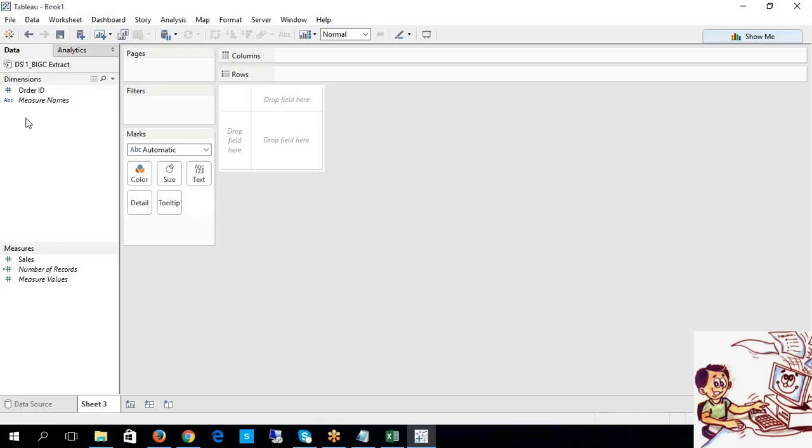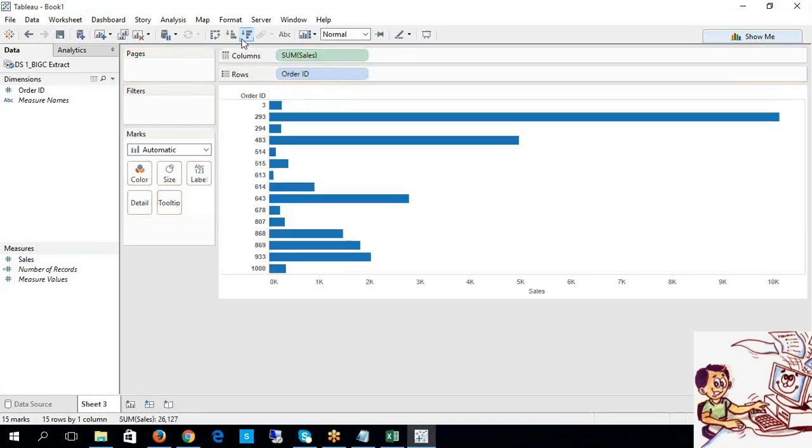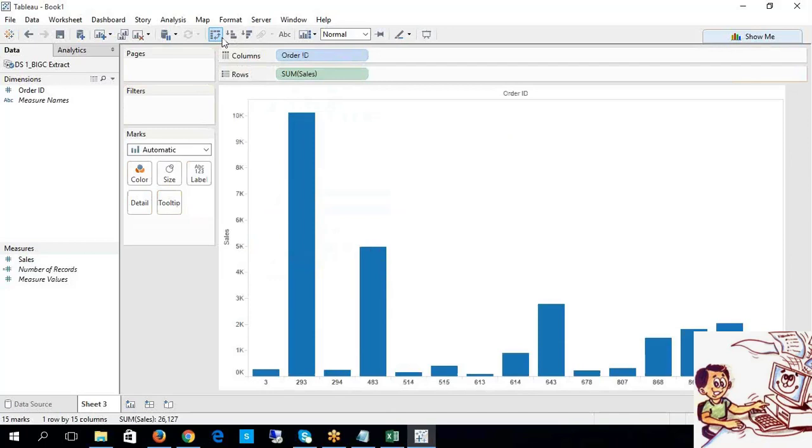Once you have all these elements, simply drag and drop them to generate reports. If you want to swap these things, you can go ahead and swap them. Look at the iconic symbols: data extract.